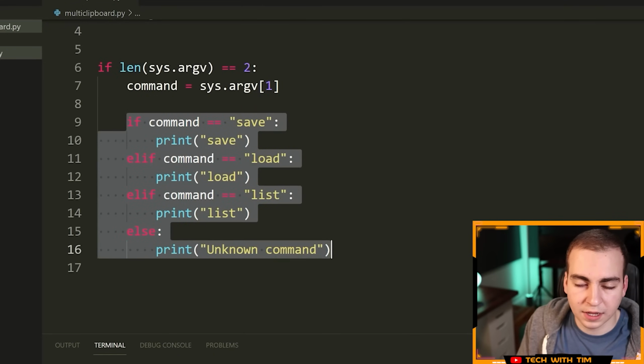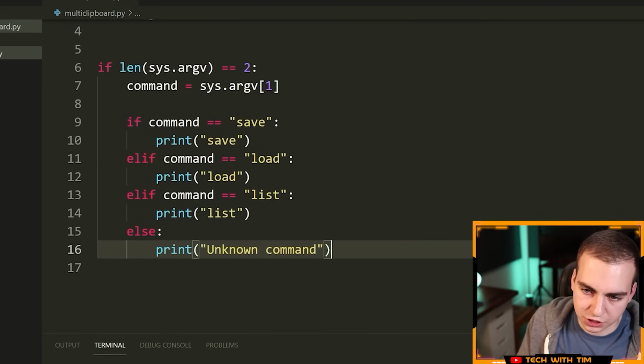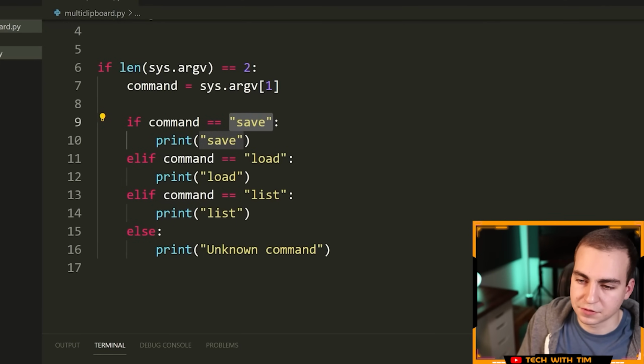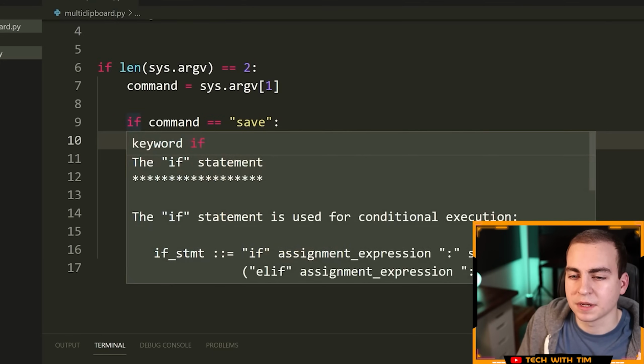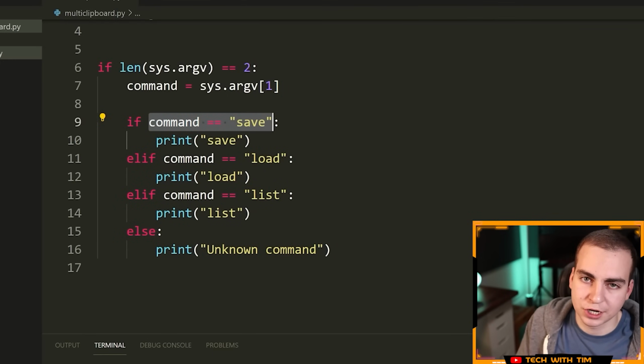Now, the way that this is working, in case you're not familiar with if statements, is we're checking if the command is equal to these different strings. I think that's pretty straightforward. Whatever's in the indented block is going to happen if the condition here, which is just checking for equality, is